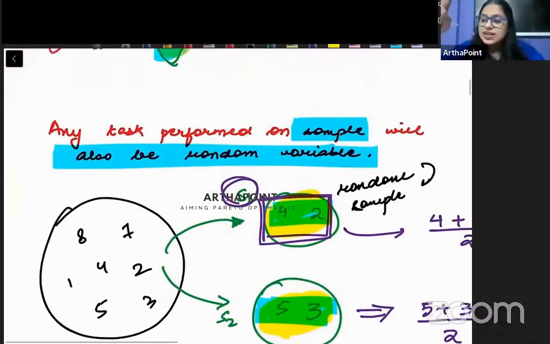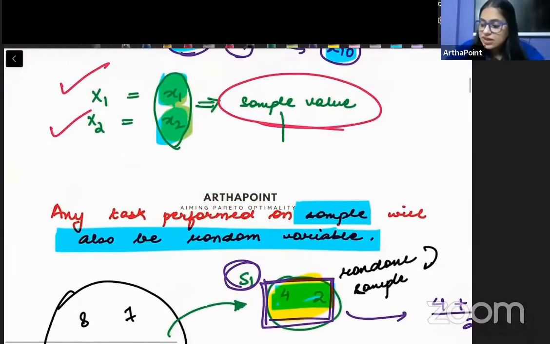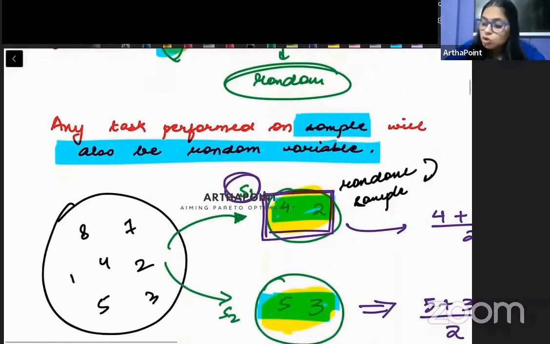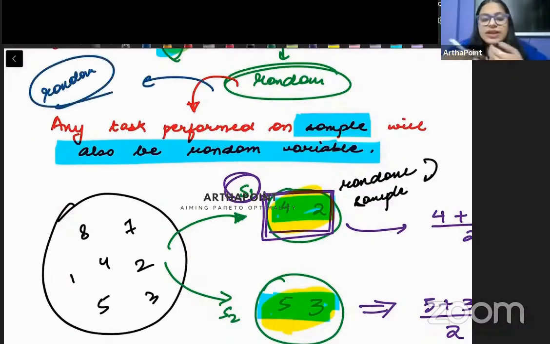So if I can say that the sample is a random thing, it's a random variable, it is random in nature, तो उस पे हम कोई भी process अगर करते हैं, we try to find out its mean, median, mode, variance, whatever process we do on that sample, it automatically becomes random in nature. वो अपने आप से random हो गया. क्यों random हो गया nature में बेटा? क्योंकि वो sample ही random था.